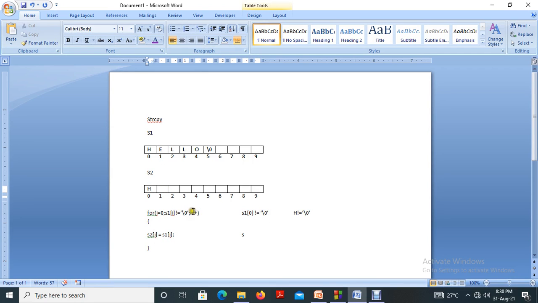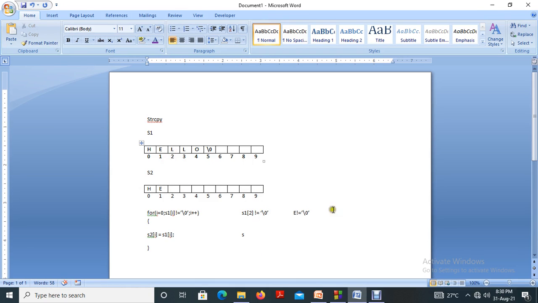Then I is incremented by 1, I equal to 1. S1 of 1 is what? E. Not equal to null. Condition true. S2 of 1 is equal to S1 of 1, that is E. I incremented by 1, 2.